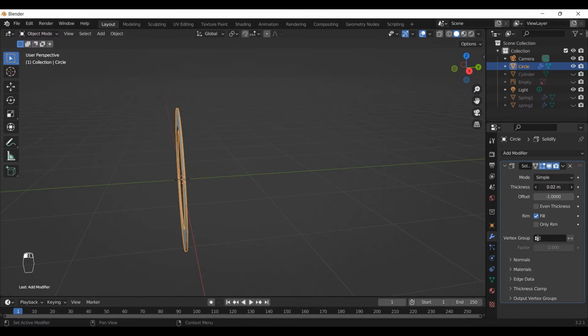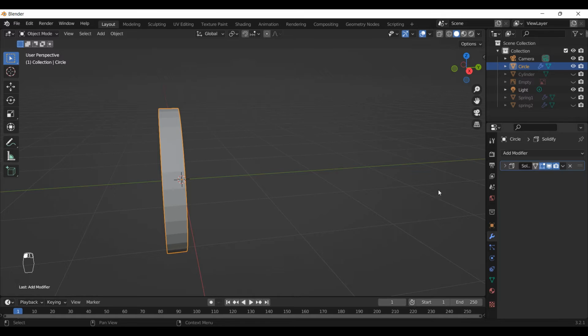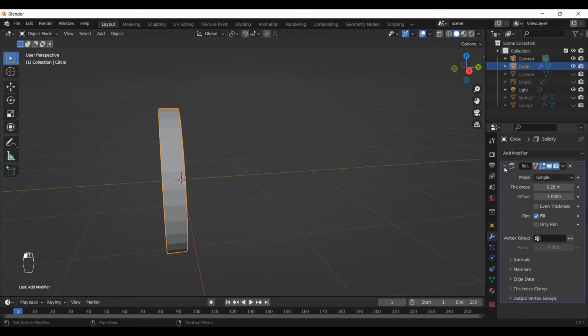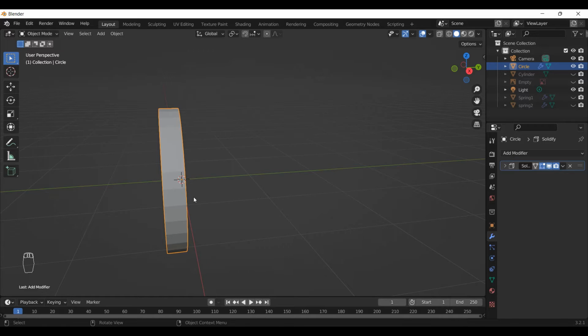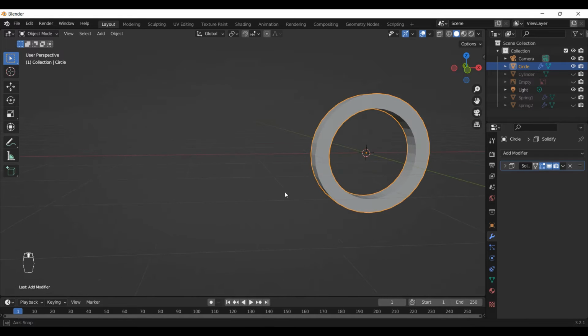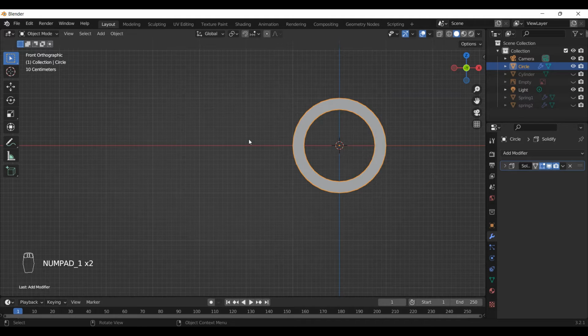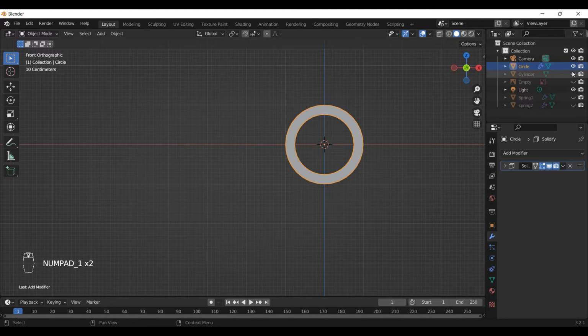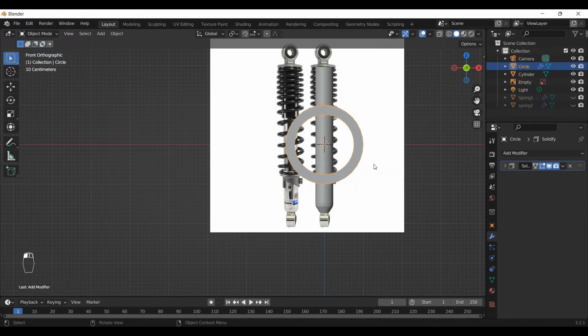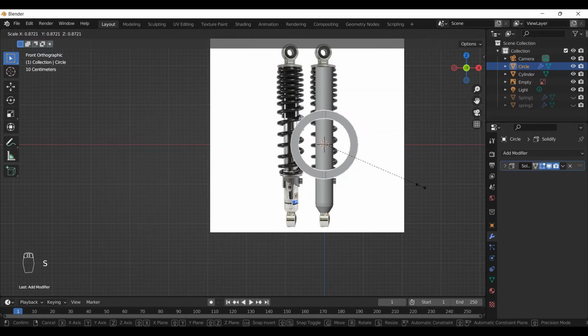And again increase its thickness like this, and we are done. Now it's up to you whether you want to apply this modifier or not. As for now I am leaving it as it is, so we can modify thickness etc. later. Go to front view, and show our cylinder and empty, scale it